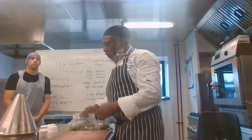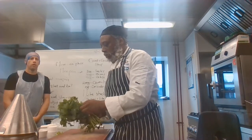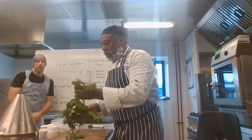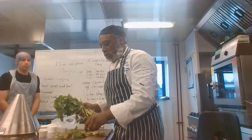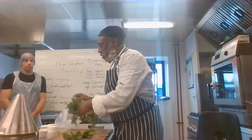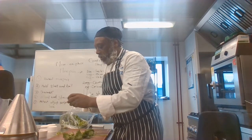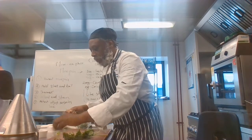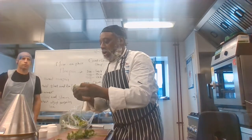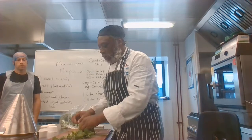The flavour in the coriander is in the stalk. Yeah? So what we're going to do, rather than standing about, we're going to get some coriander and pick the leaves. Once we pick off all the leaves, we're going to chop up the stalk and put the stalk in the soup to give it that flavour. Yeah? So,